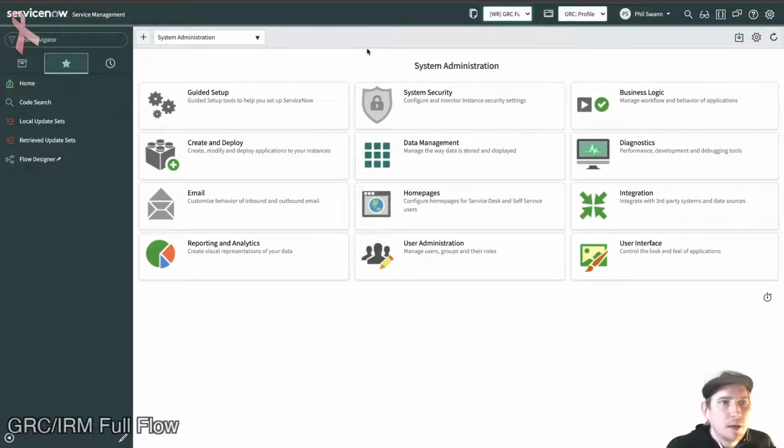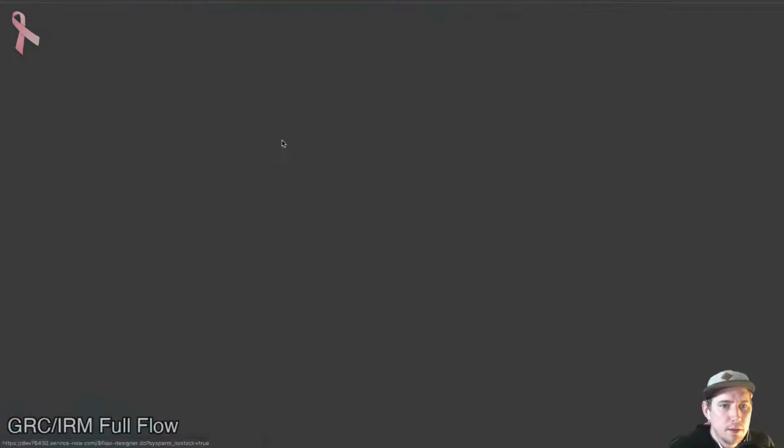Like I say, I'll publish that and stick it on share. I've got Flow Designer. I also use categories. I think categories are great. When you start to see in Flow Designer the flows, actions, subflows